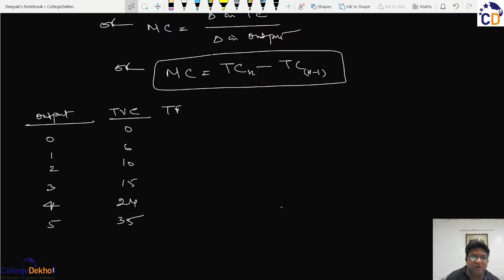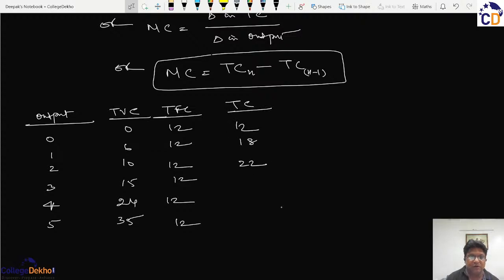We have this figure of total fixed cost of 12 each. We had this figure of total cost of 12, 18, 22, 27, 36, and 47. So marginal cost in the first case is to be ignored, but this difference will be